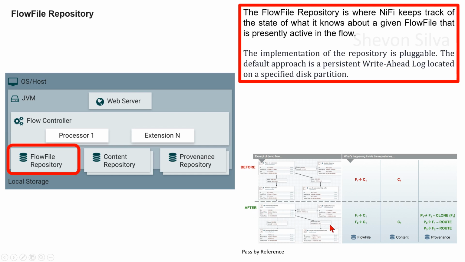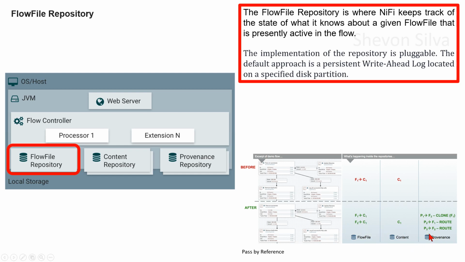in after, update attributes interact with Q, and Q is connected to RouteOnAttribute here, and RouteOnAttribute interacts with Q, and Q is connected to detect duplicate here, and RouteOnAttribute interacts with Q here, and Q is connected to log attributes, and here in the FlowFile repository F1 is pointing to C1, and F2 is pointing to the C1 here, and in the content repository